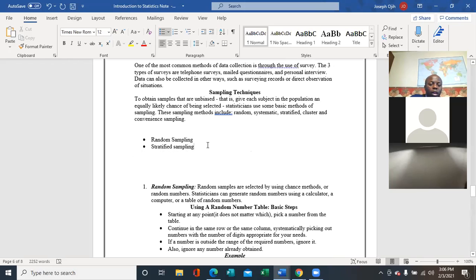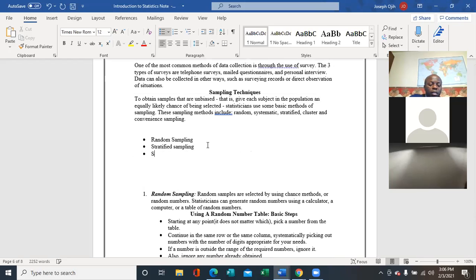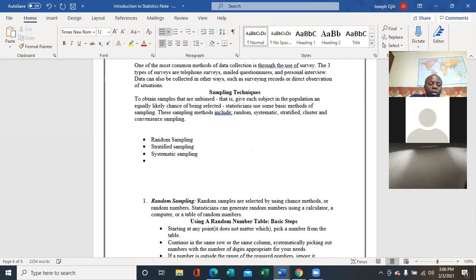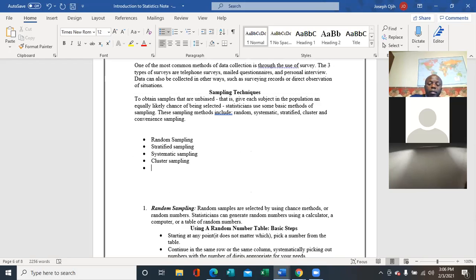Then we also have the systematic sampling methods, and we have the cluster sampling methods, and then of course the convenience sampling methods. So these are the methods we use to sample.